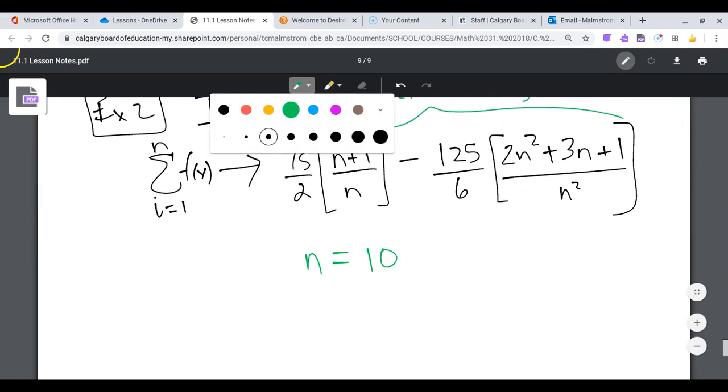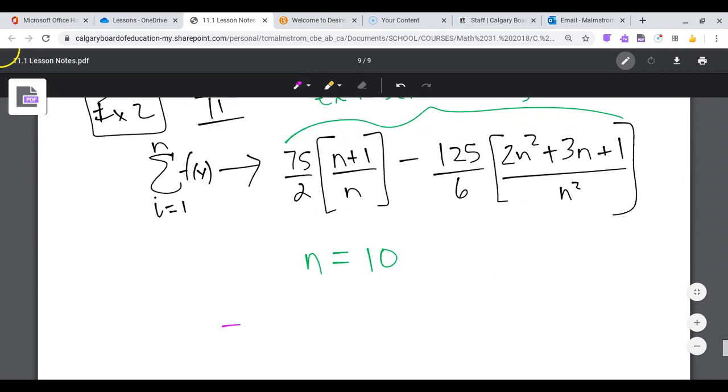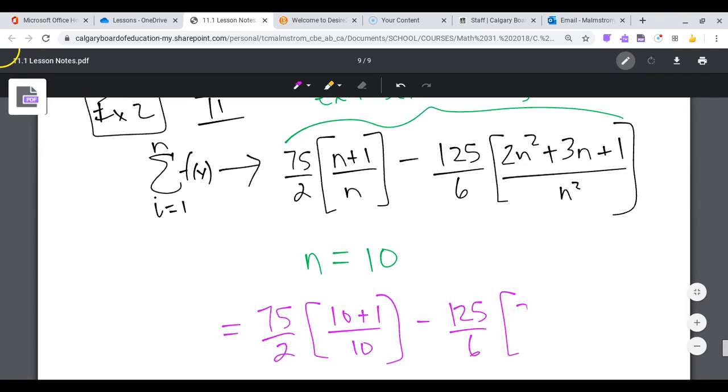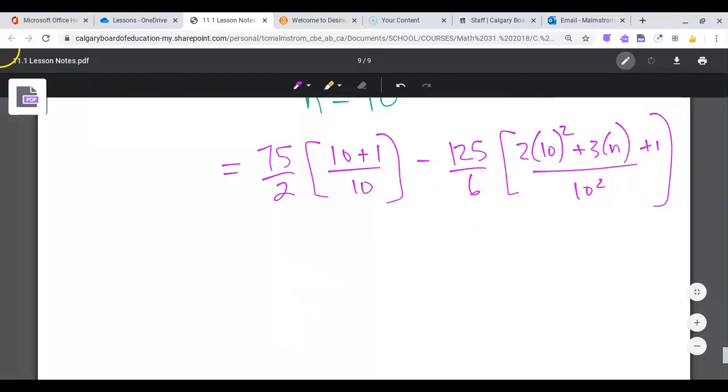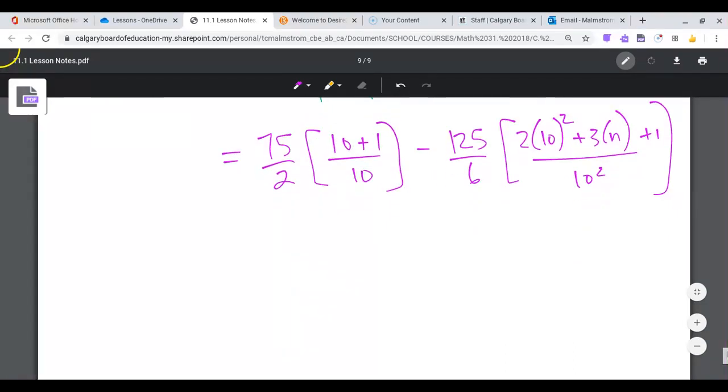It is an alternative. I mean, if n was 100, I certainly hope you wouldn't want to do 100 calculations. So you could make your formula first and then go ahead and throw in your n value. Okay, that's the alternative method to calculating all of the separate calculations, which is very tedious. And so after we put in that n is 10, we get,